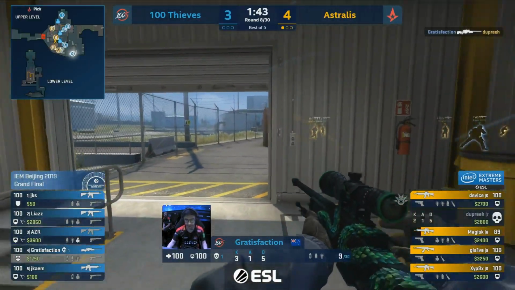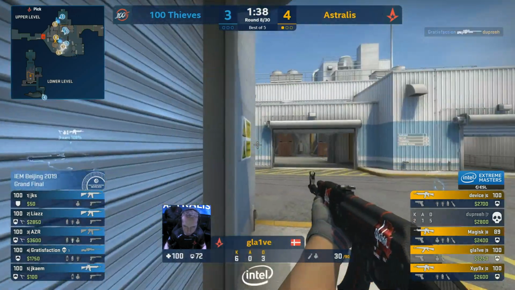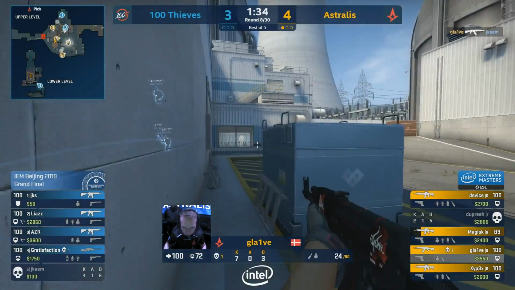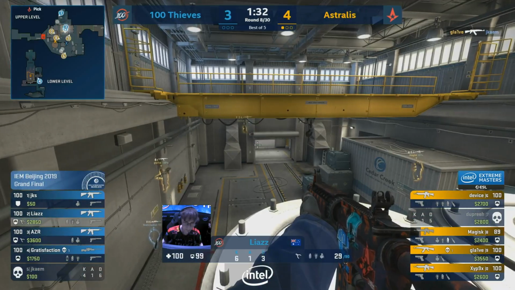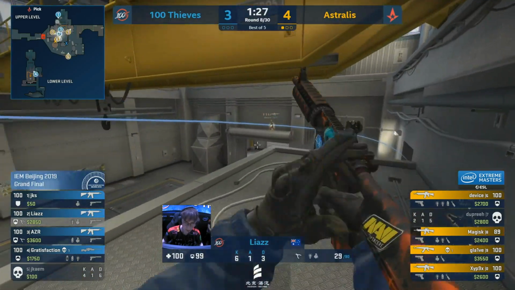But here we go. That's going to connect. No problem. Duplex goes down towards silo. Makes up for it. AWP this time in Secret. Already changing his angle to the stairs, but Glaive's bypassed any chance of being spotted, and Jacob thinks he's safe. He's not. So in some ways, Gratisfaction both times has allowed space for Astralis to strike, and it's now back